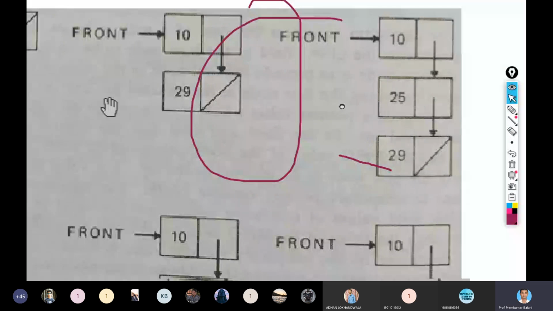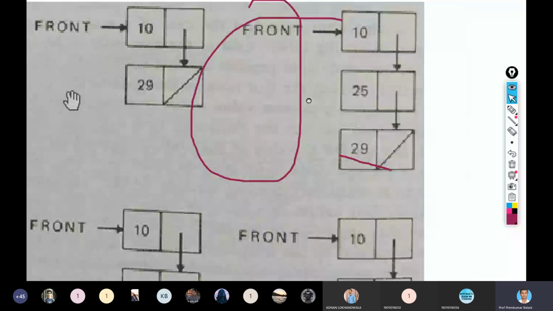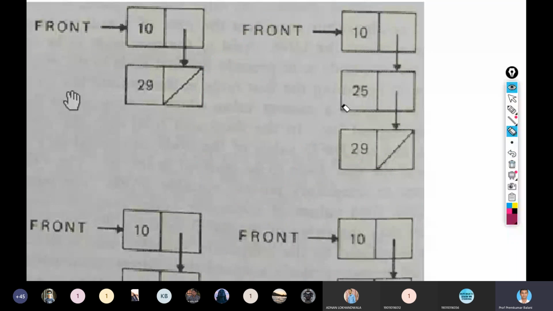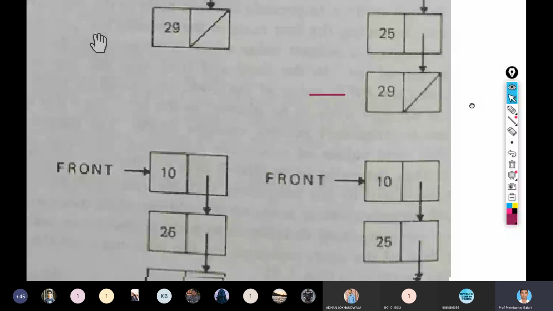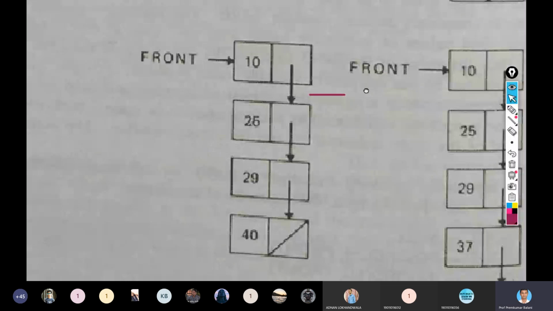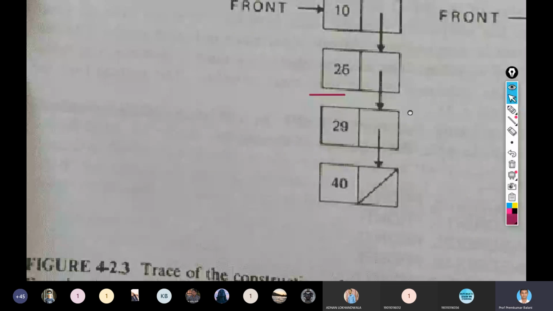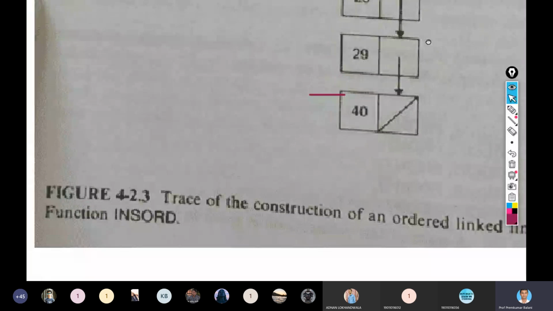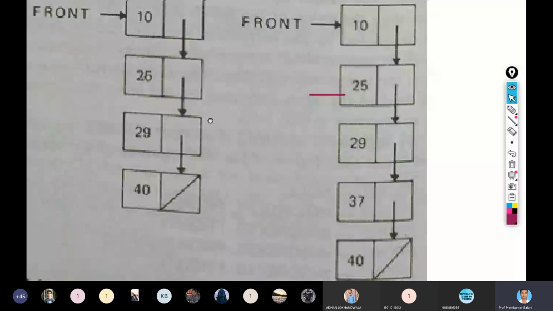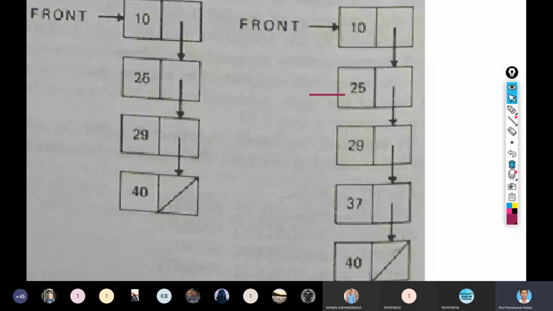And then this 25 inserted, right? And then this 40 is inserted, right? And then at last 37 is inserted. Okay, so in this way you can use this function.